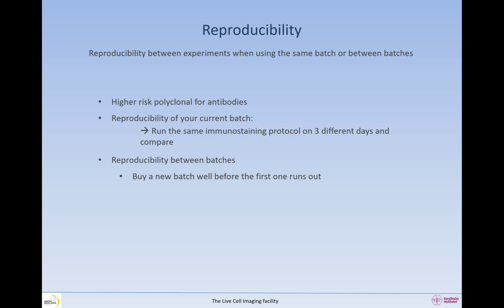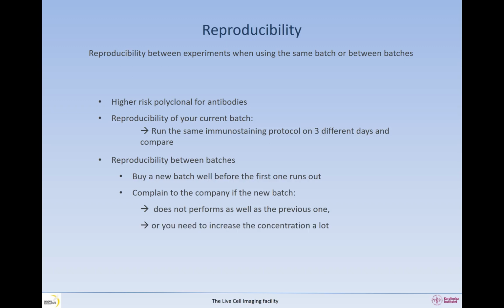And if you see that it does not perform, either you don't get any staining, or you have to use a lot of the antibody of the new batch, complain to the company,